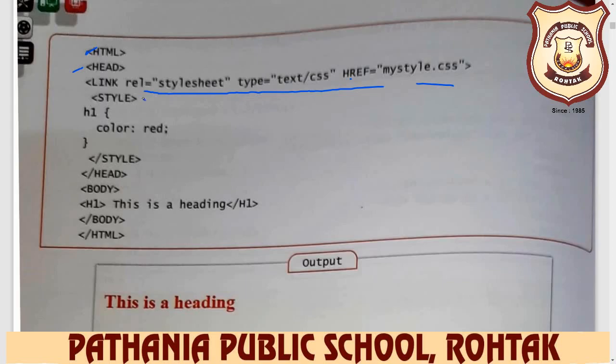And then you define style. Here the internal style sheet is there: style, and in style we define h1 color red. Now our heading color is red.